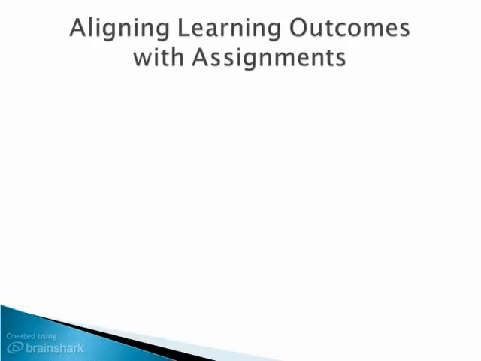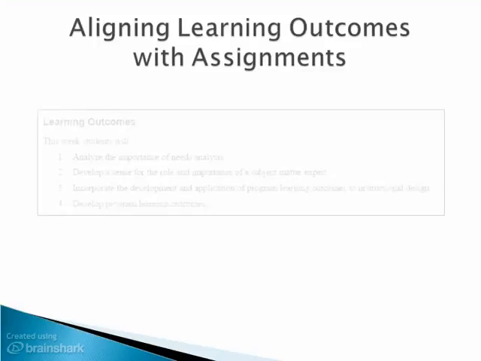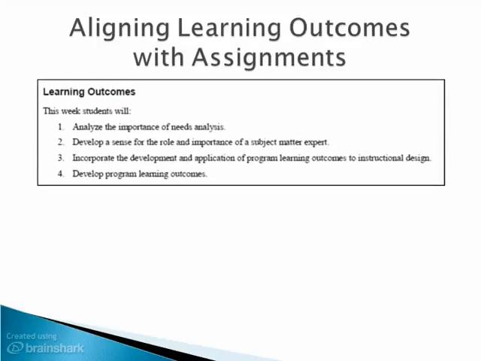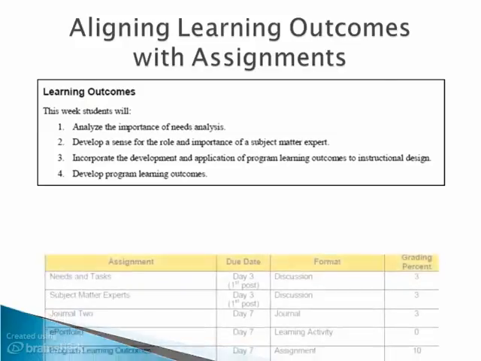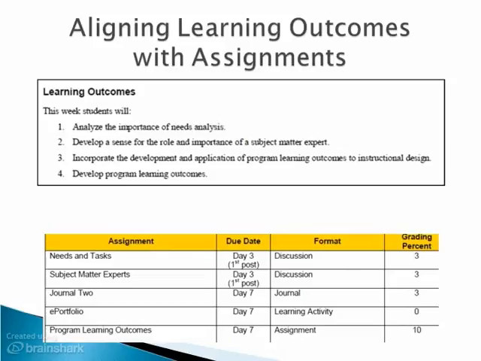As mentioned before, aligning learning outcomes with assignments is crucial to educational success. The first learning outcome in Module 2 is Analyze the Importance of Needs Analysis. Notice how the assignment, needs, and tasks directly correlates to that learning outcome. The learning outcome, develop a sense for the role and importance of a subject matter expert, correlates with the second